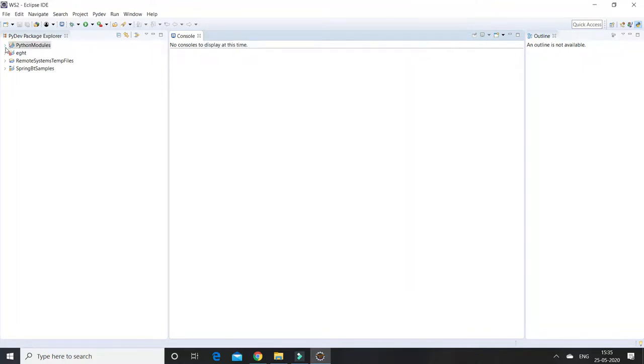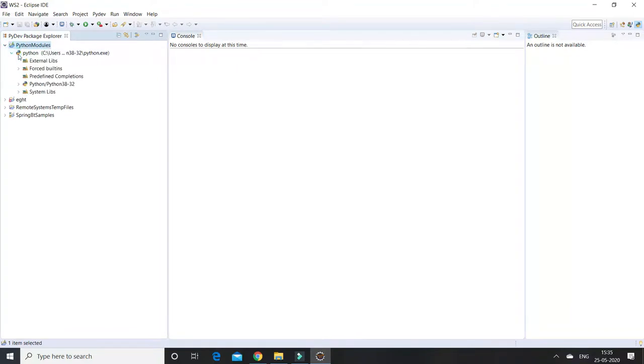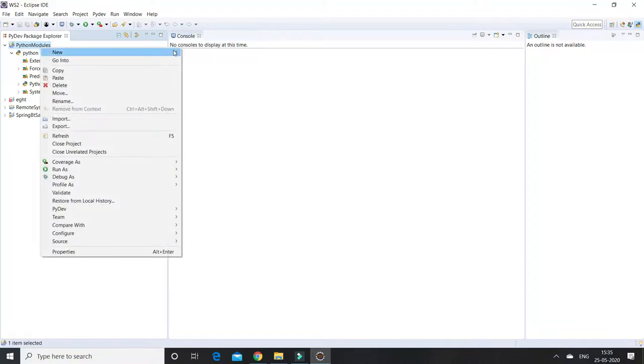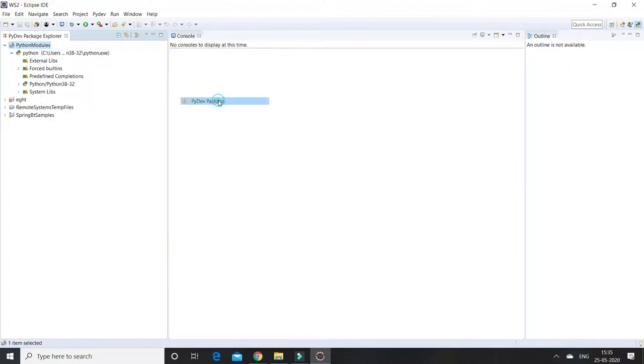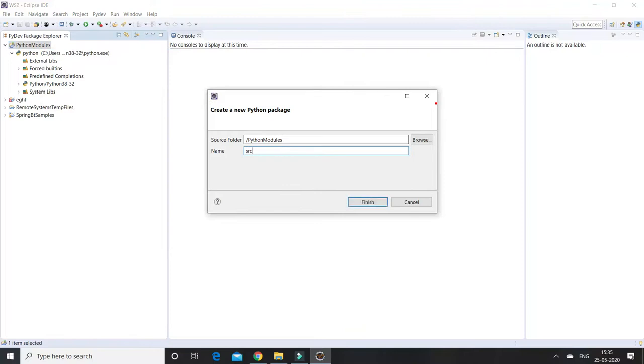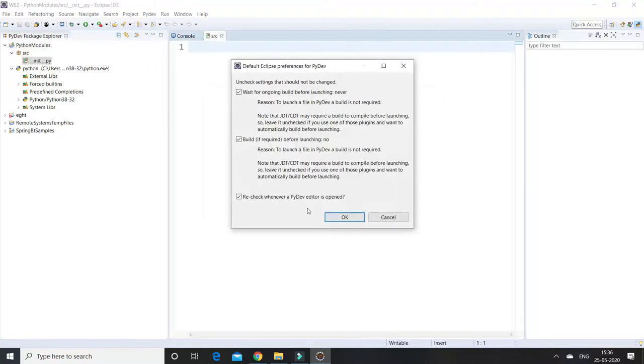Here the project is created with the Python modules. These are the different types of libraries. So I am going to create a package. So the package has been created.